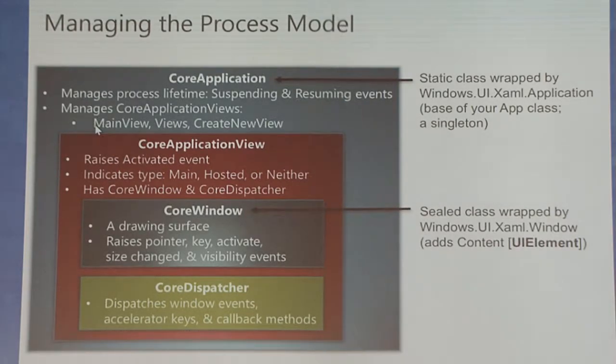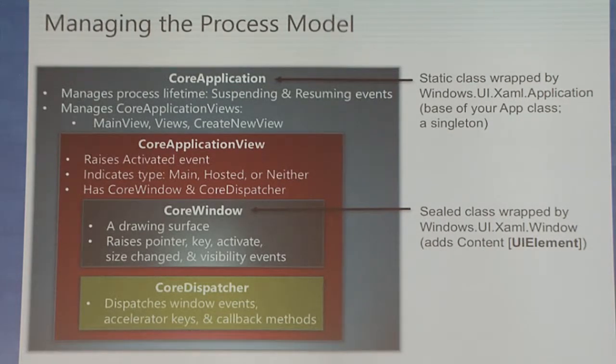And you can have a main view, and there's only one of those that you would have for your application. There's a views collection, which is a collection of all the views that are in your application. And then there's this function called create new view. This is the function that you would call in your application if you wanted to create new windows, like I just demonstrated a moment ago with the Mail application, where I created a new window to show the contents of